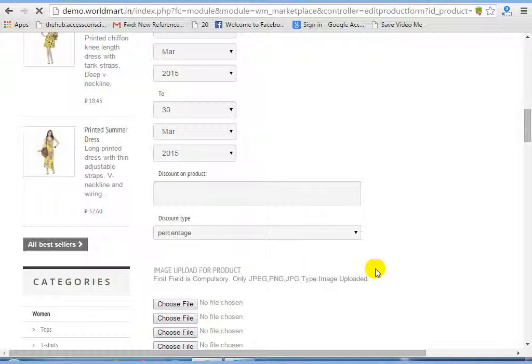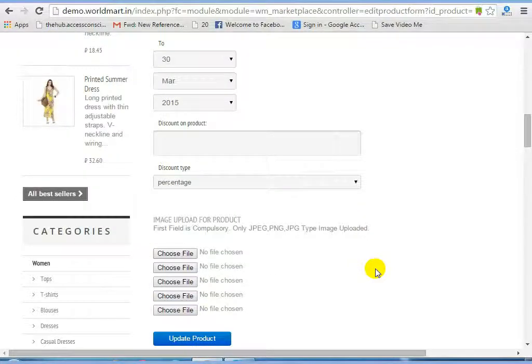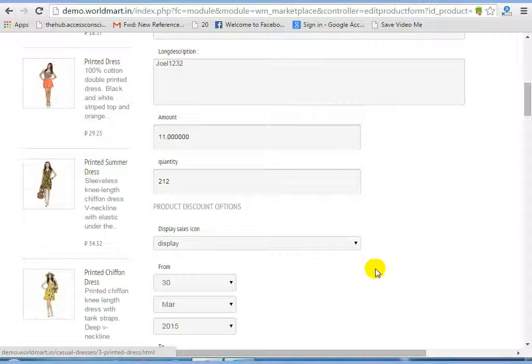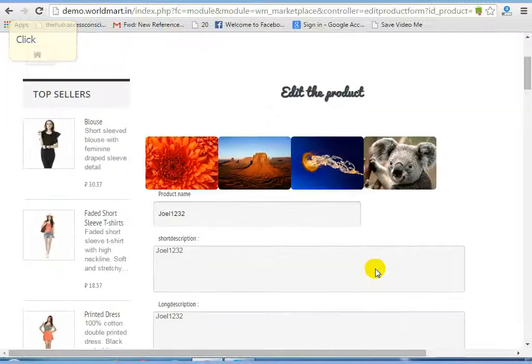Once this product has been edited, the storekeeper will have to approve this once again. We have kept this as a security feature because there are many things that have to be taken into consideration. So that's the reason.